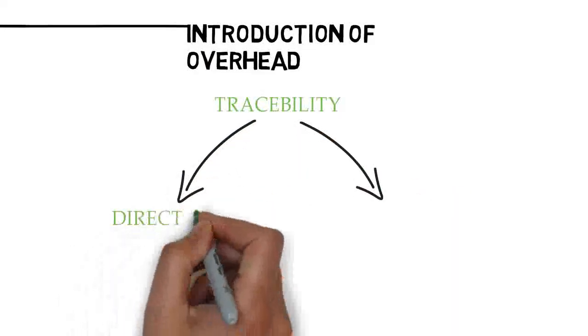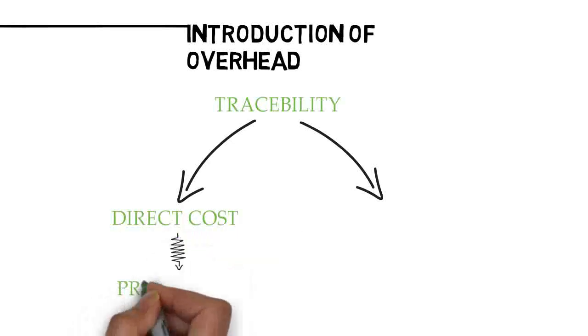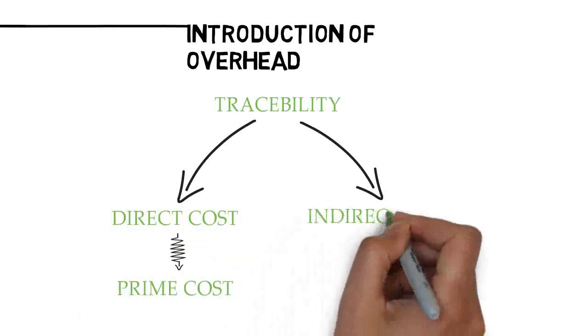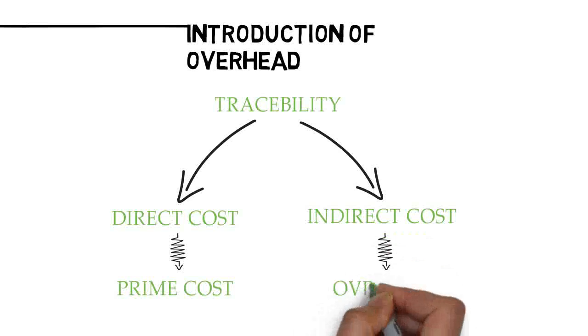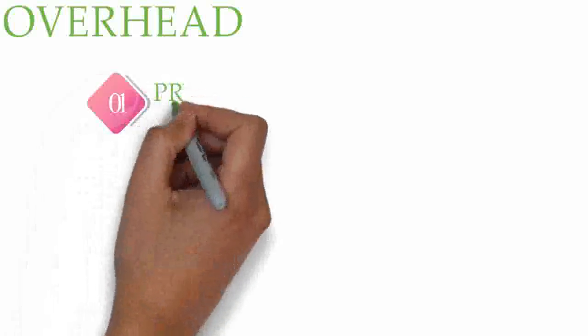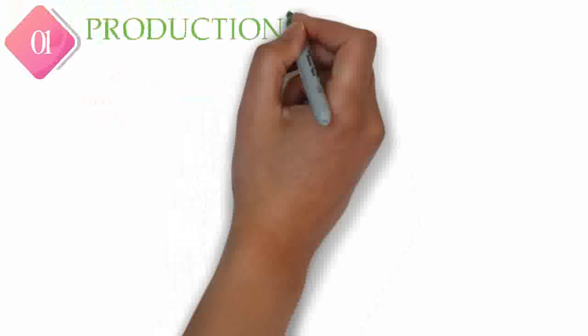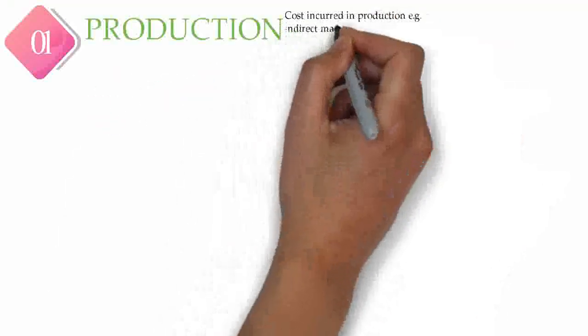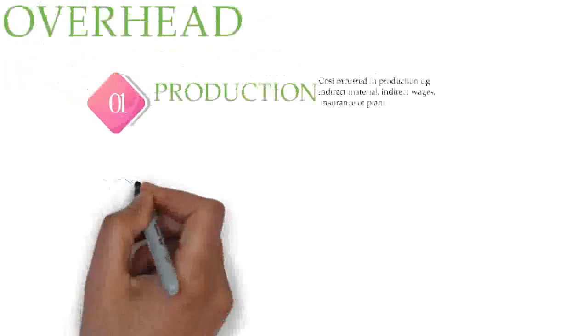As we had learned from topic 3, cost traceability can be divided into two: direct cost, which can also be described as prime cost, and indirect cost, which also can be described as overhead. Overhead is usually classified into four groups. First and foremost, production overhead, which is defined as cost incurred in production, for example, indirect material, indirect wages, and insurance